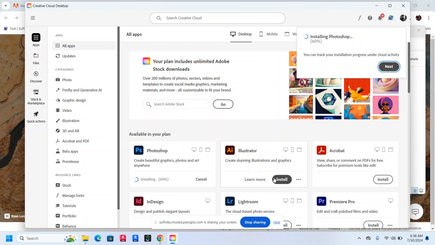You can track your installation progress under Cloud Activity. I'm gonna have to wait for this to finish, so